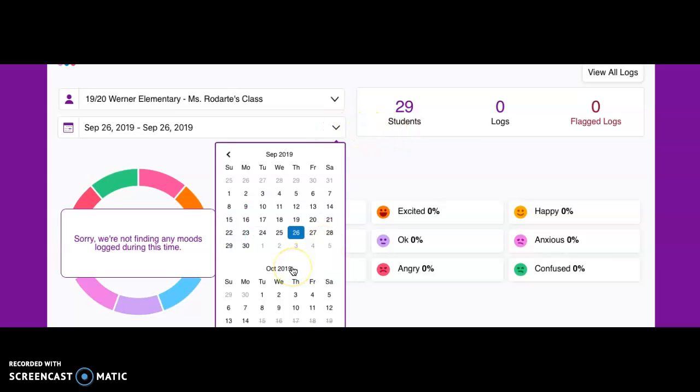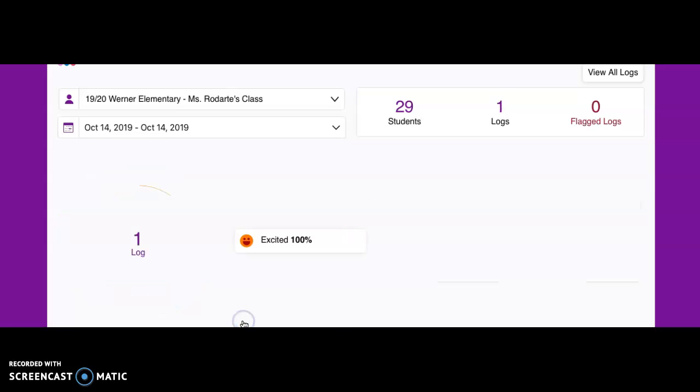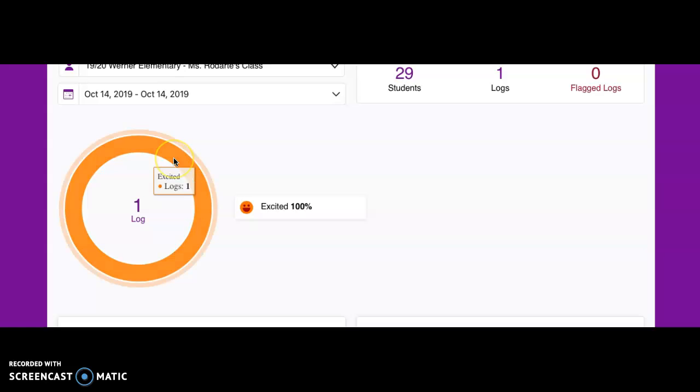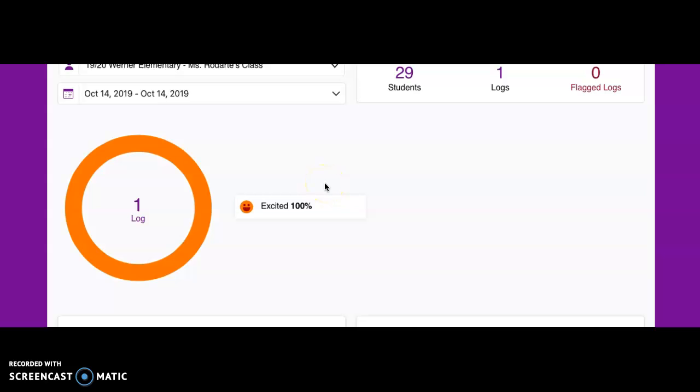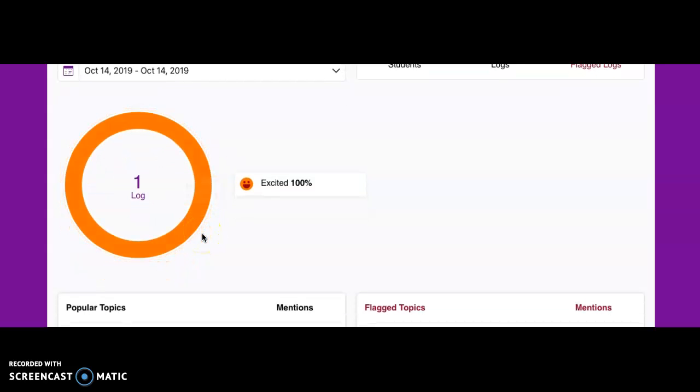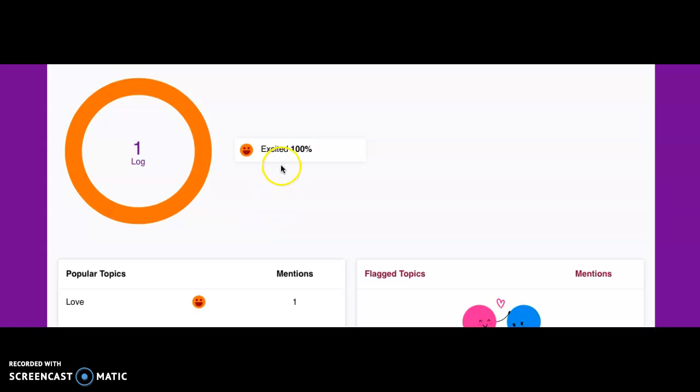Since I did a sample one just to see how that would look, I would click on the current date, October 14th, and it will show my one log, which was me, not one of my students, and I chose excited to start the day, which is why 100% of those that submitted, which was just me, felt excited. And for excited, my comment was I love Mondays. The topic that was included in this section was love, with one mention.